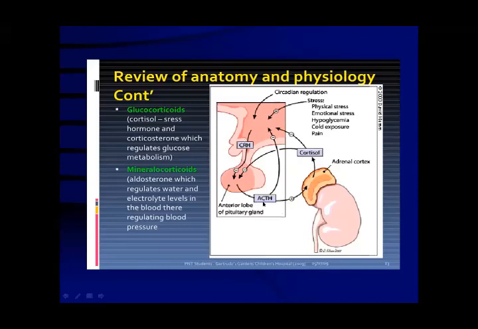CRH is the main hormone: CRH, ACTH, cortisol. This is the primary lesion. If the lesion is lying in the adrenal cortex, this is the primary cause. If the lesion is lying in the pituitary, this is the secondary cause. This is the tertiary cause. And ectopic means there is another source of release of ACTH. This is ectopic, which is mostly lying in the lungs.